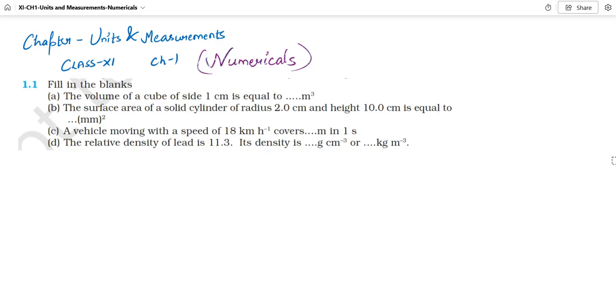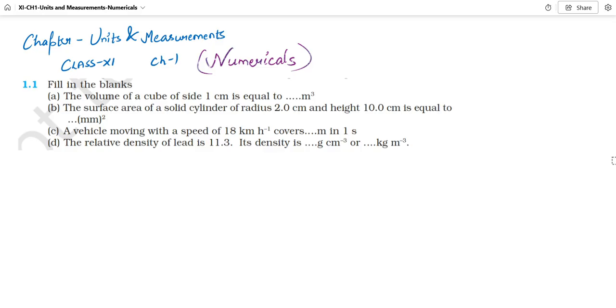Okay, with my experience of more than 15 years in teaching, I understand that students find the numericals of NCERT a bit difficult in comparison to other numericals initially. When you complete the theoretical part of a chapter and are given NCERT numericals to solve, at first glance they seem to be difficult. So to cater to this problem, I'll be taking each question of NCERT and I'll solve it in detail, step by step, so that you can understand how at each step we are using the numericals and what calculations we are putting to solve this.